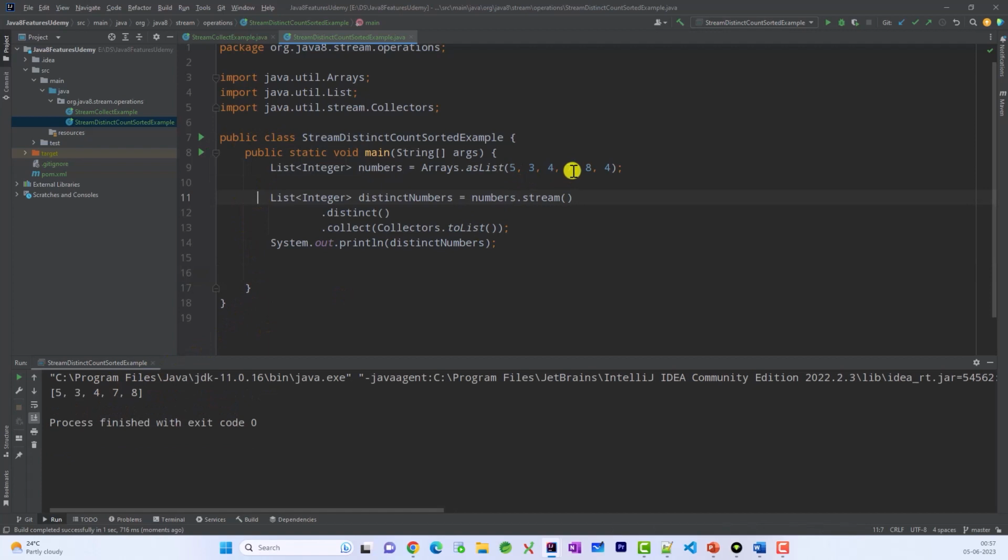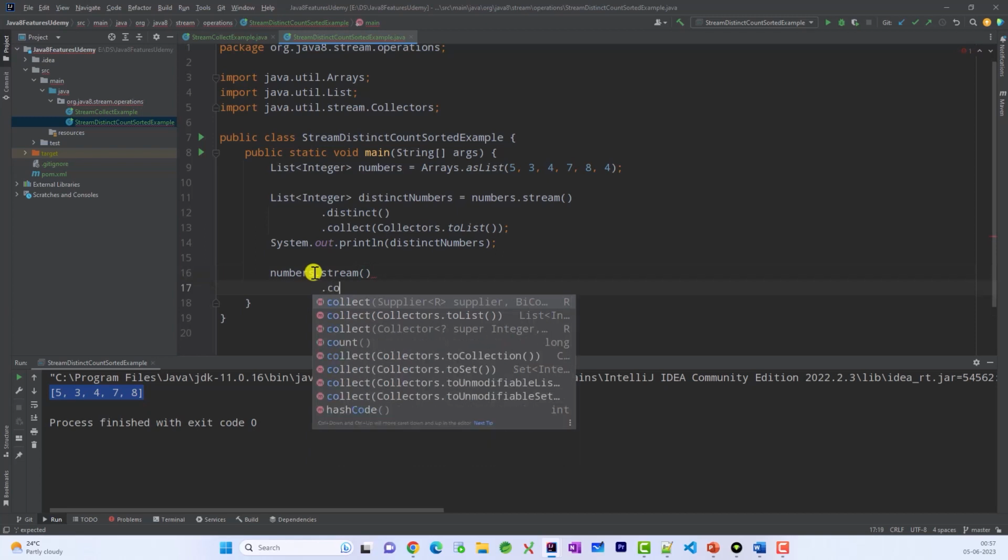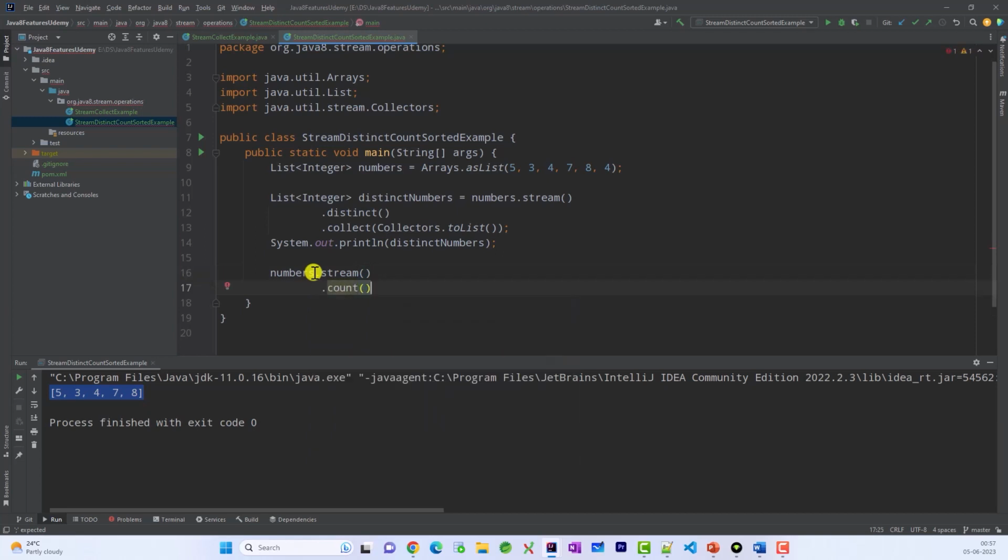So we can see there was a duplicate of 4 which is not appearing in the result. So we can see all the distinct elements are printed. So this is about distinct. Let's see about the count operation. So our numbers, so this is the original list dot stream, and then we can call count, and this is basically a